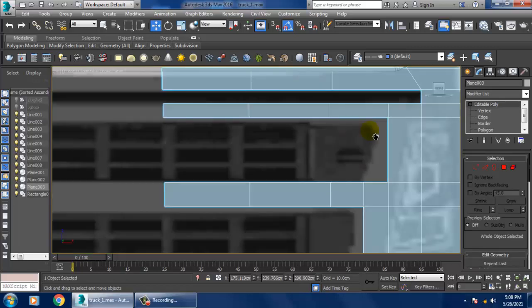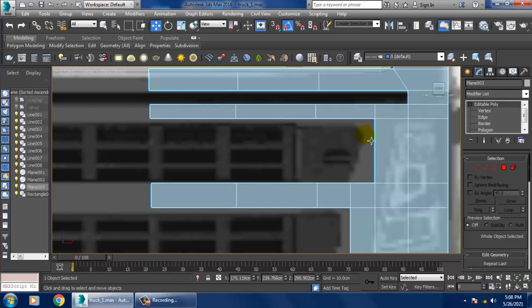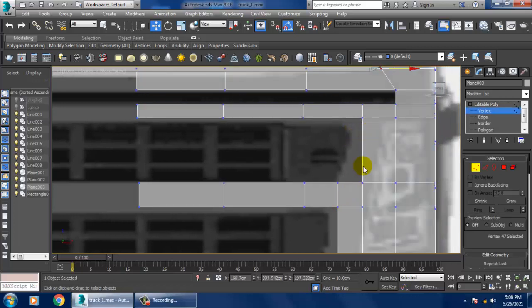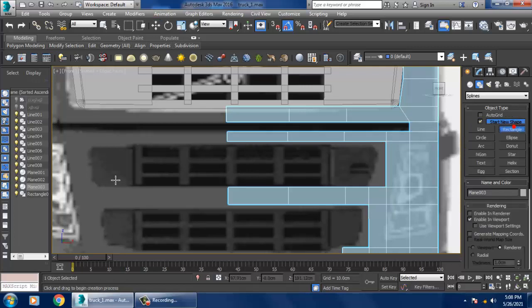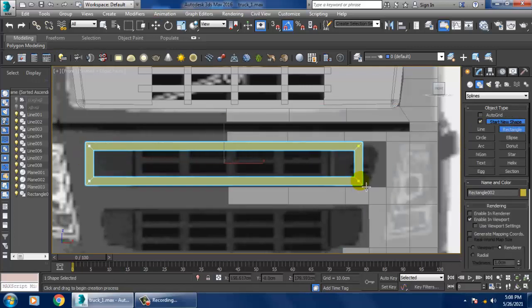So we do have a few more details. What I'll do over here is, again I'll take a rectangle in this way.